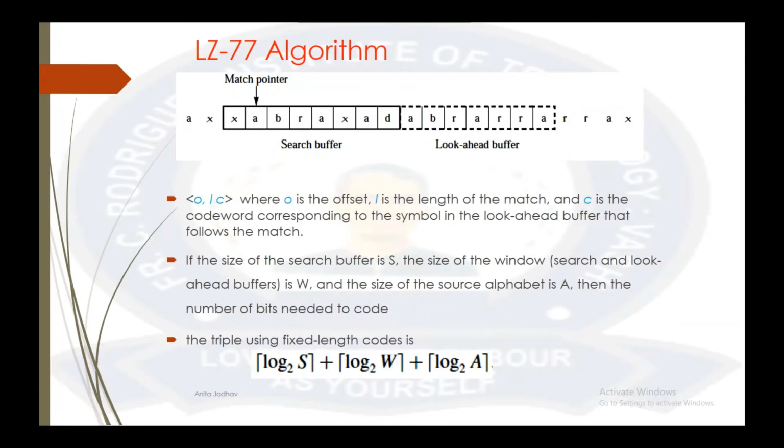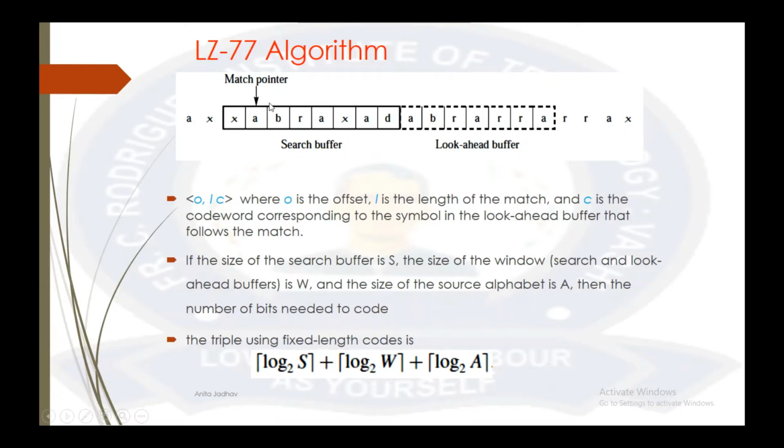We will see. So this is a pictorial representation of your LZ77. This is your search buffer. That means this part has been already encoded. I already have a code word for this much data, and this is my look ahead buffer. So I'm going to code these symbols first. When we say it is a sliding window, the moment I finish encoding these two data, my window will move ahead, saying that now these are my encoded data. I will include the next two symbols in the look ahead buffer.